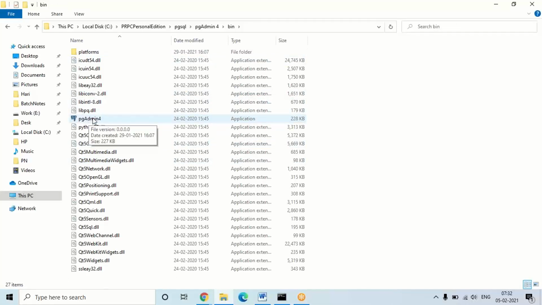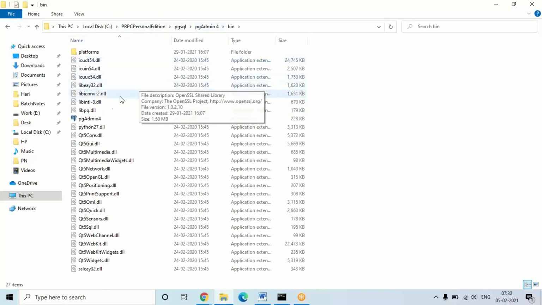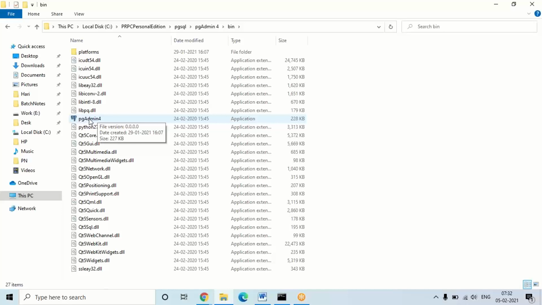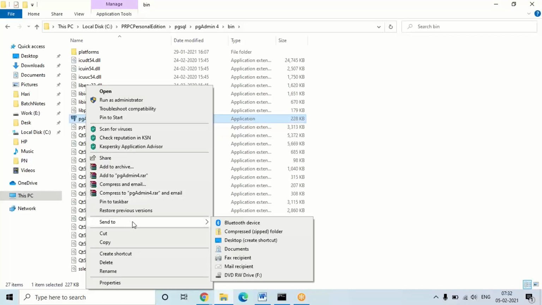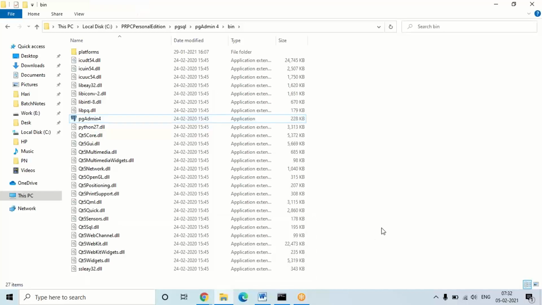See, in the desktop already three icons are created as shortcuts. If you want to open this pgadmin 4 every time, it is difficult to come to this path. So what we can do is, the first time you open it, add a desktop shortcut for this file. I think you know that. If you right click on that and choose Send to, you'll have the option Desktop (create shortcut). If you select this, the shortcut will be created automatically.